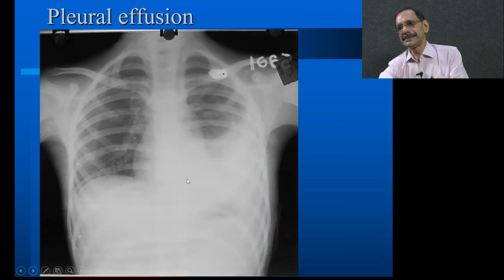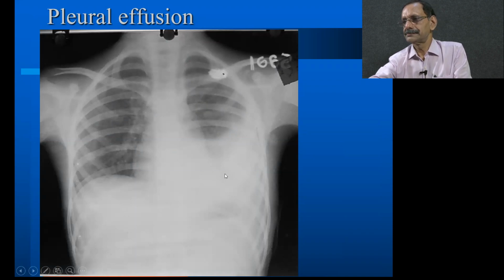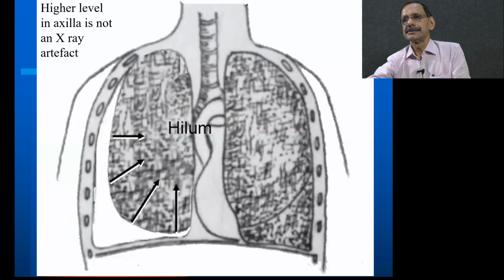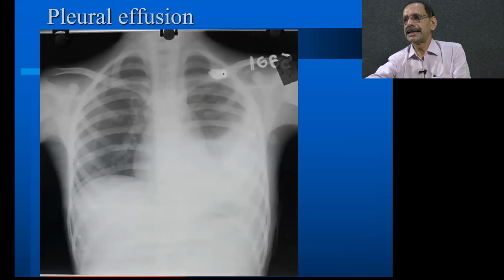And see the density, it is as dense as the liver, so it is less likely to be a consolidation, because in consolidation, as I said earlier, there will be some air either posterior to it or anterior to it, so that it appears a little less dense as compared to liver. Okay. So the point against is we are not seeing much of a mediastinal shift, although there is a minimal shift here to the right. See why there is an upper level in the axilla like this.